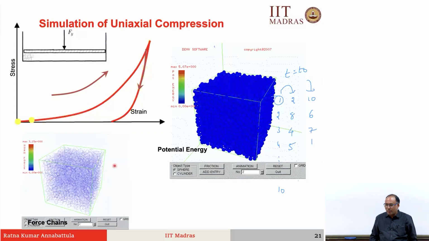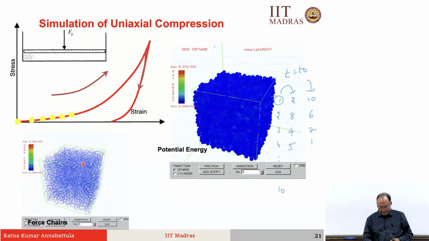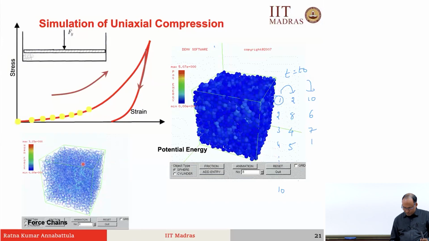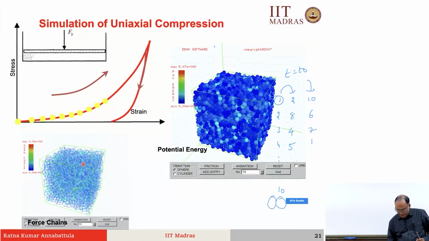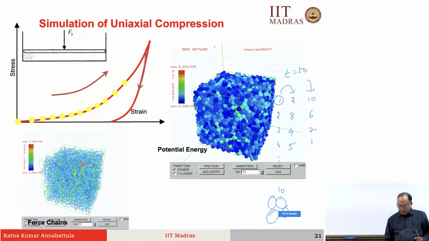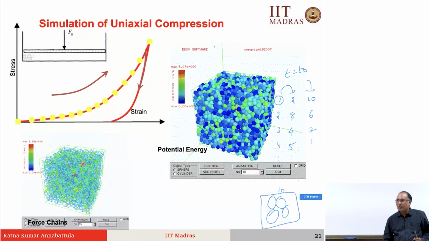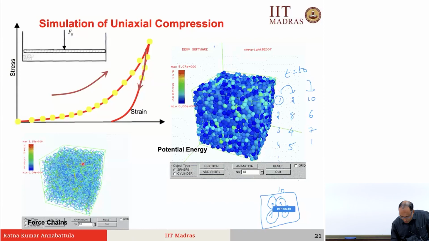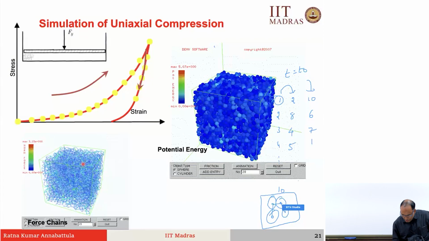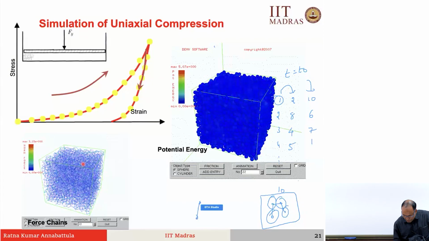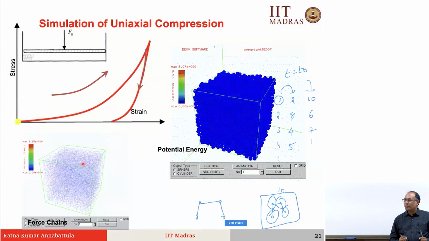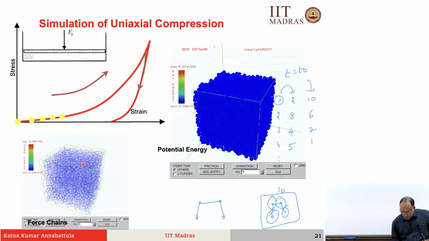And here at the bottom left corner, we are showing force chains. What do we mean by that? So, you have a particle, this particle is in contact with these fellows. Now, this particular geometry can be represented by something called force chains. So, you can show this geometry like that. Centers of the particles are connected and the magnitude of this line